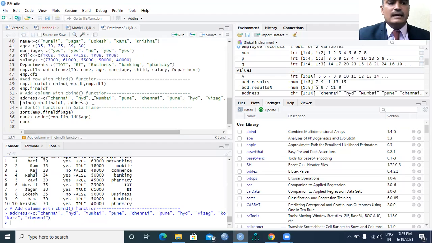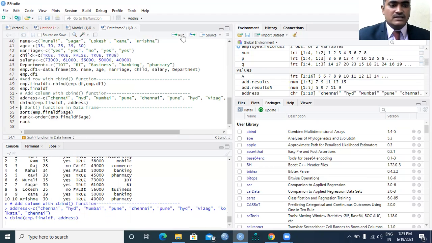Later on, with the help of the cbind function, the column bind function, I'm trying to add one more column to the existing employee.finaldf data frame variable.